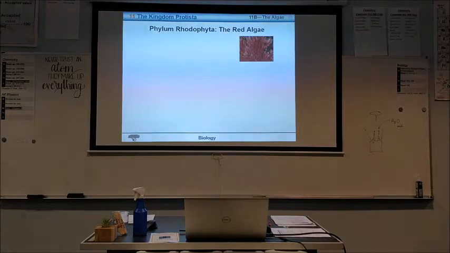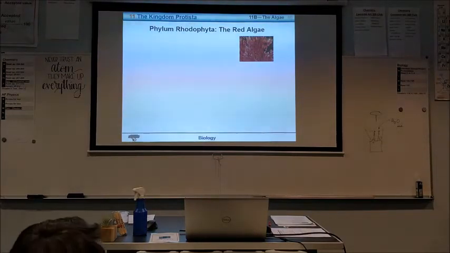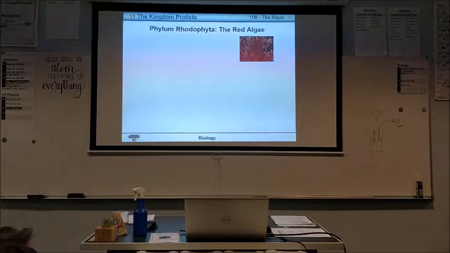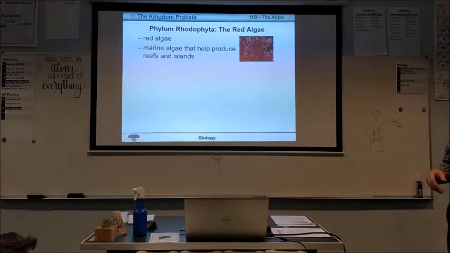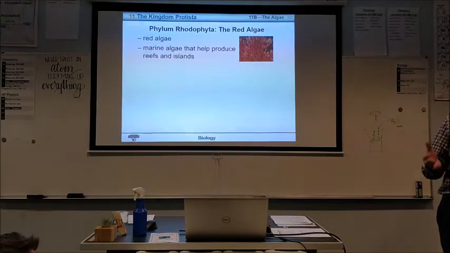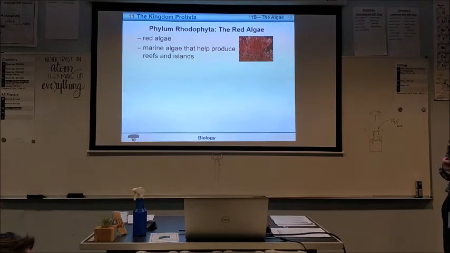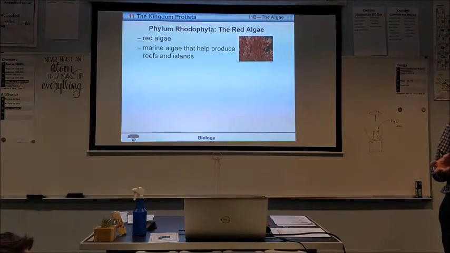Now, we have another phylum where the algae are not golden, they're not brown, they're not diatoms, or these other things that we've talked about. They're red. They're actually red algae. And the marine algae, it says, will help to form reefs and islands. If you think about out in the Pacific, they have a lot of these islands that are made up of, some of them are made of coral, but there's others that are made out of these. So they're going to be a lot stiffer structures in these, because you have a whole bunch